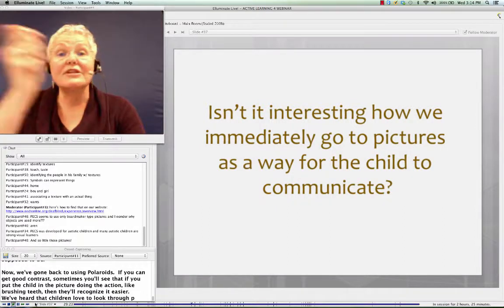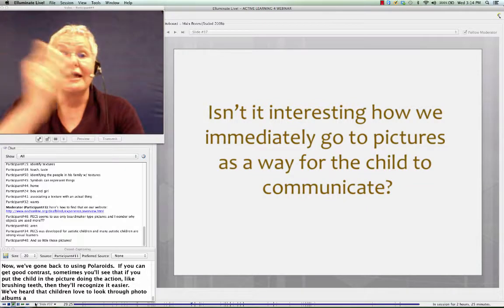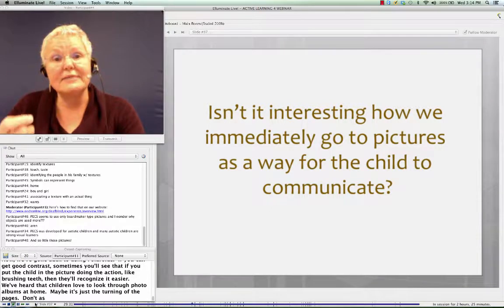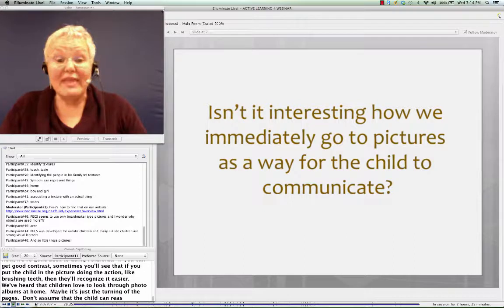Or is it just the turning of pages? Don't make an assumption the child can see that and then reason out the concept and the meaning. And I think that's what we often jump. And then